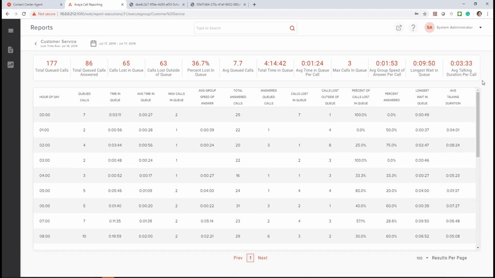And because it's running within the HTML interface, again, I can click on any of these column headers so I can see, when did I have the max calls in queue? Oh, it looks like the lunch hour and at 3 p.m., which was also the time I had the most amount of calls. And I answered quite a few, but I also lost 5 calls, 4 in the queue,